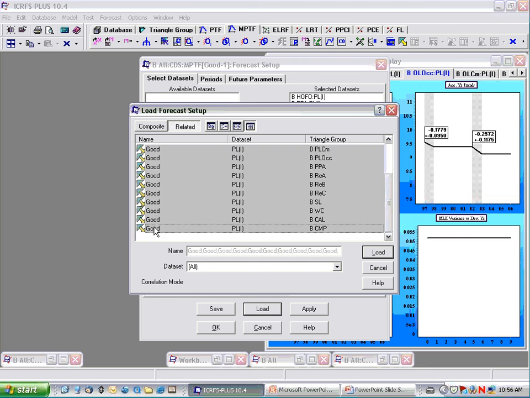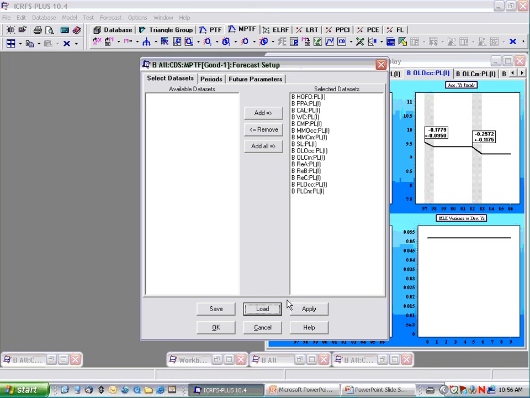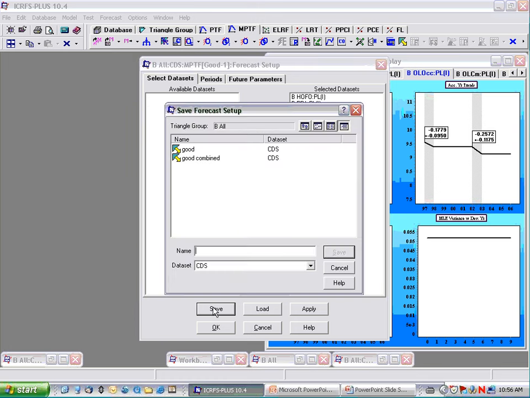Now, it's not often that you only have one scenario in PTF. You might have a conservative scenario, a reasonable scenario, and perhaps an optimistic one. But let's assume, in this particular exercise, for each line of business, we only actually saved one forecast scenario going forward. So you load these, and then you can save them as a composite save, and let's call it, well,